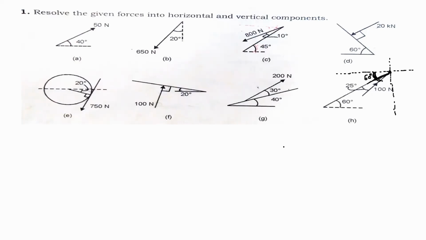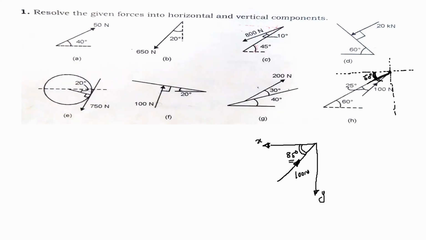Okay, so I will draw this figure here. So this is the force direction. So this direction is specified by this arrow. It is directed towards the origin. This is your x-axis. This is the y-axis. And this total angle of that force 100 Newton with respect to x-axis, it is equal to 60 plus 25, that is 85 degree. Okay, because this line has inclination 60 degree.